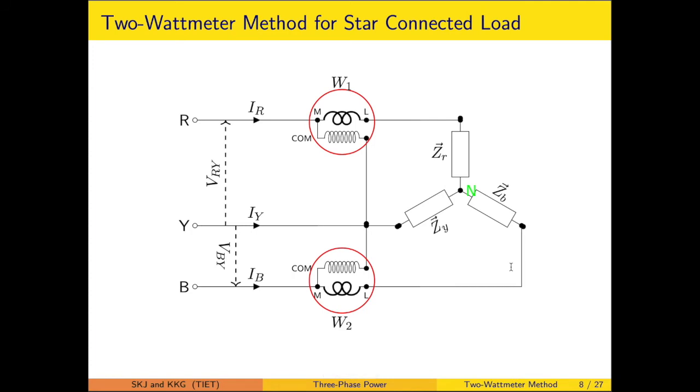So that is the arrangement. Here Y is taken as a reference, so we will not be connecting a current coil of the wattmeter in this line. We will be connecting the current coils into the other 2 lines, so that is IR and IB it is measuring. Similarly, the pressure coil is connected, so VRY it is measuring and VBY it is measuring. Please be mindful that we are measuring the 2 voltages VRY and VBY because we are measuring with respect to the reference Y line.